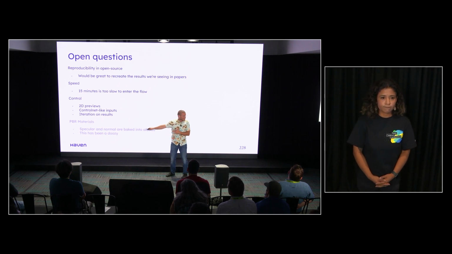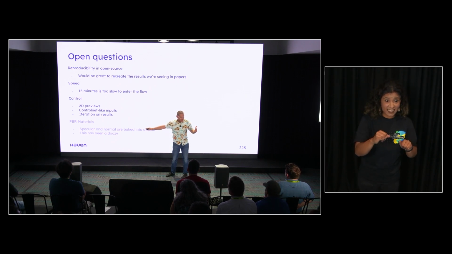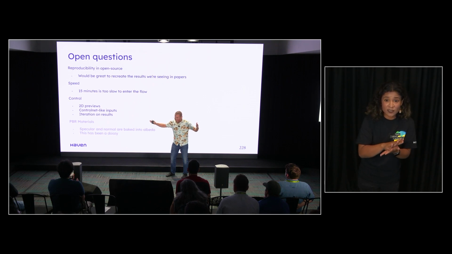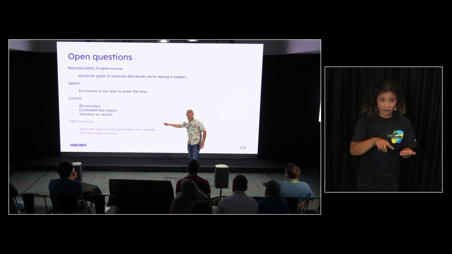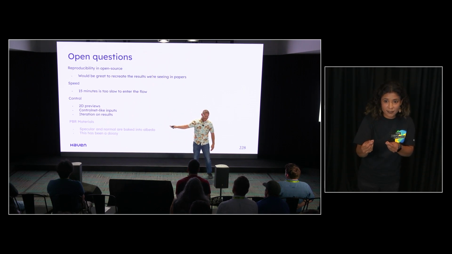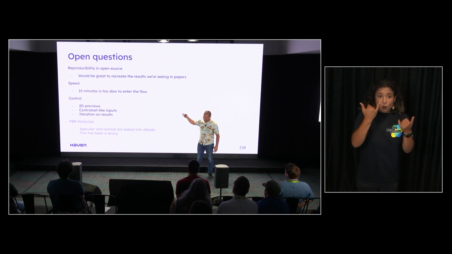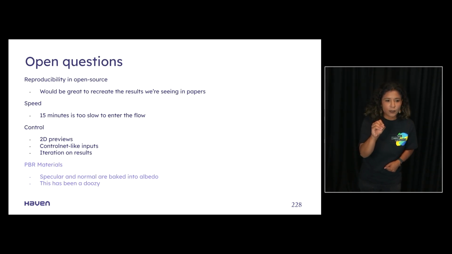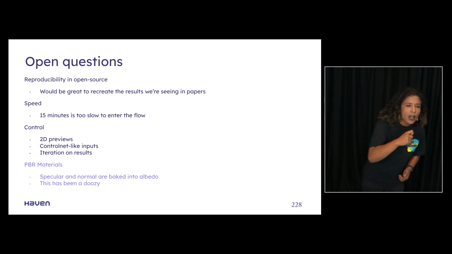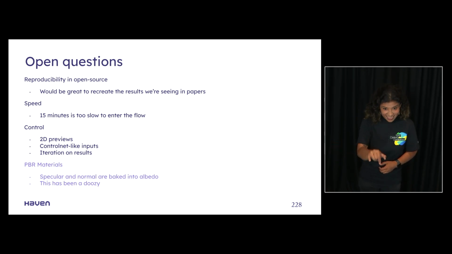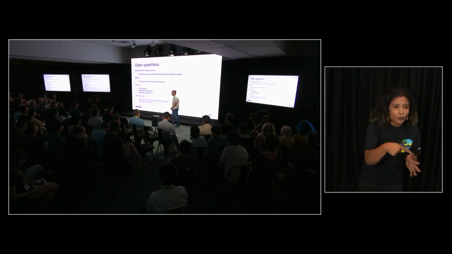And lastly, this one's actually stale, because there are 2 text-to-material papers this week somewhere here in this building. But PBR materials ended up being very, very challenging. Right now, we're just doing albedo. Like that Gorilla Mass, there's no separate metallic or roughness texture, and that has actually been pretty challenging to do. But we'll check out what came out this week, and maybe we'll see some progress there. Or maybe you guys will feel inspired and go do it yourselves and then report back.